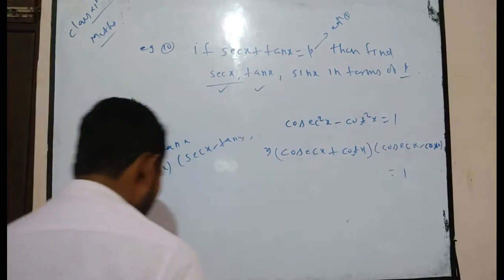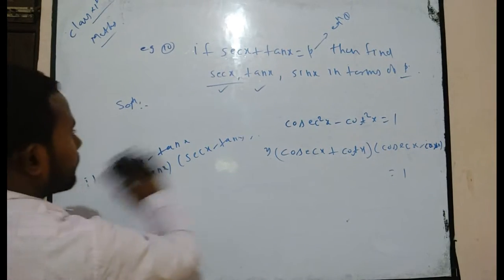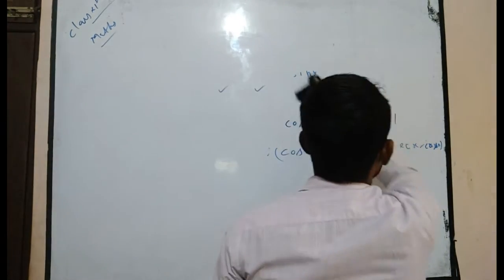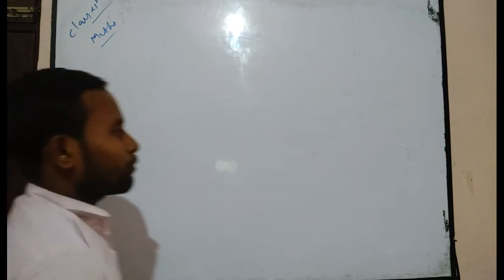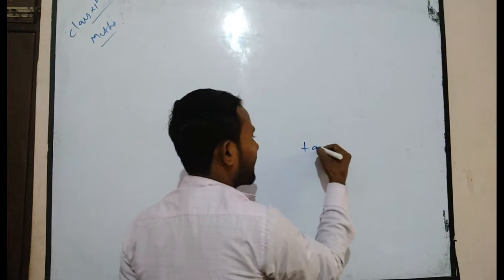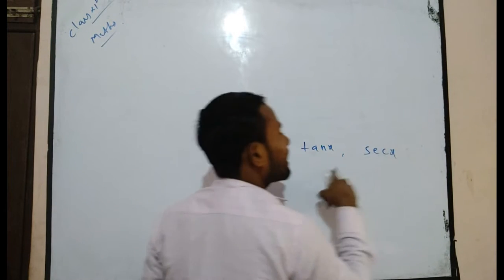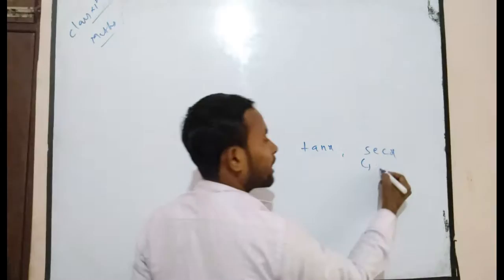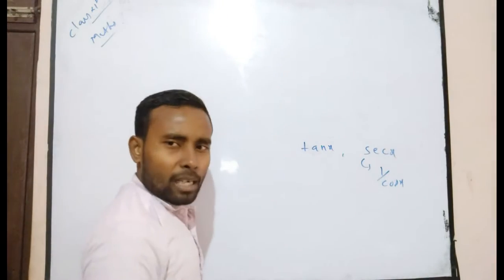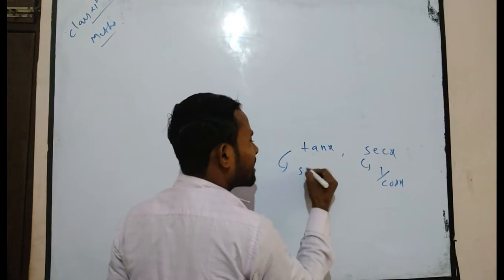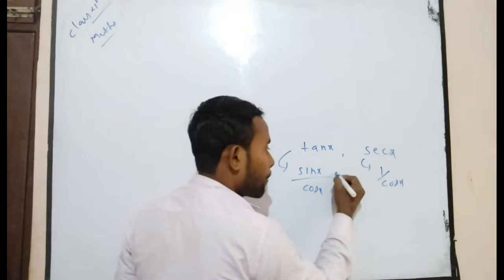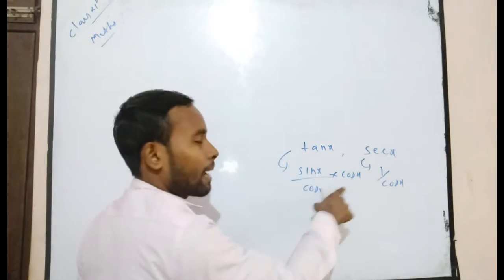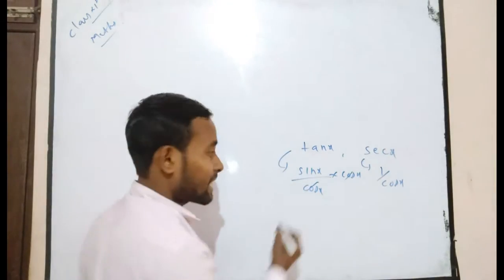After it, everything becomes easy for these types of problems. Now we will take the next problem. If you get sec x and tan x, then by multiplying and dividing them with each other, you will definitely get all the other trigonometric functions. Because, for example, suppose that you get tan x and sec x. Then from sec x you can get 1 upon cos x. As you know, tan x is simply defined as sin x by cos x. After finding the value of cos x, if you multiply tan x by cos x, then definitely cos x and cos x will be cancelled and you get sin x.